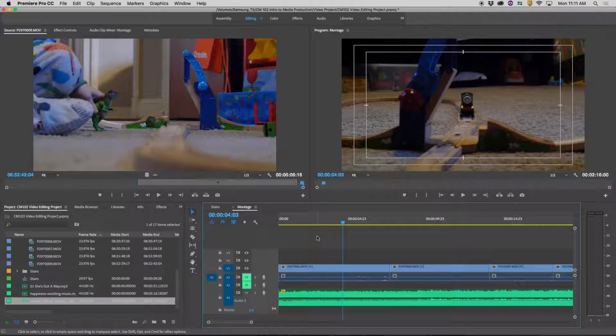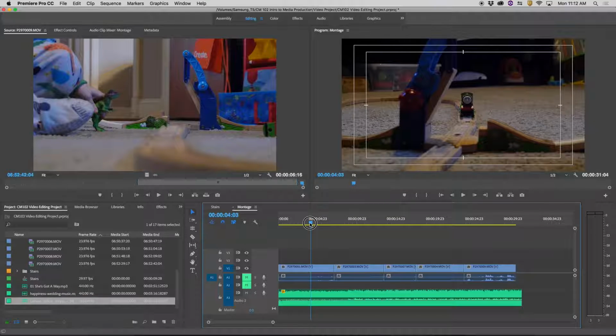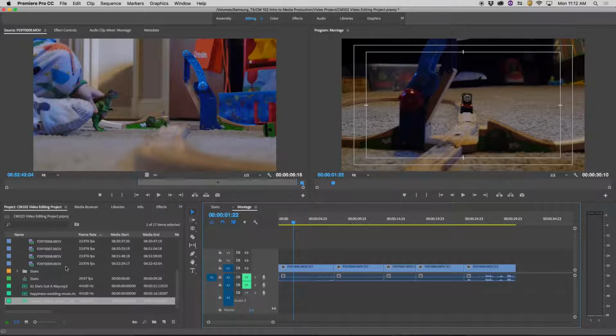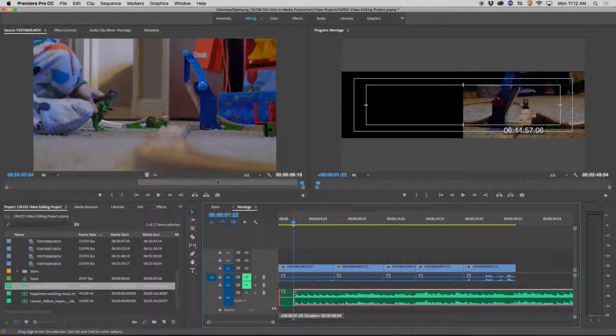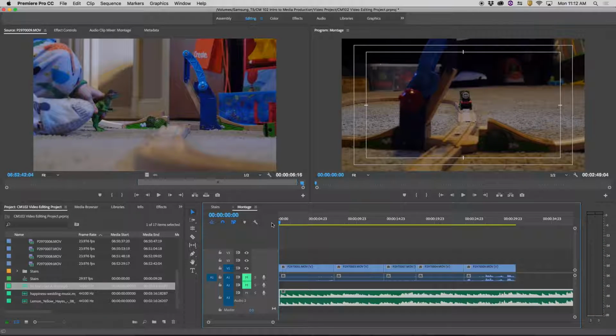So now, how to edit this down. In the assembly phase, I threw stuff on here just so I had it down. Again, just like I did with the stairs, once I bring the music in, I'm actually going to go back to Billy Joel because I think it's funny. I want to make my cuts to the beat of the music. I don't want them just to be arbitrary. So as I listen,